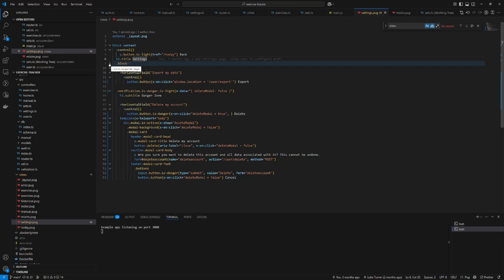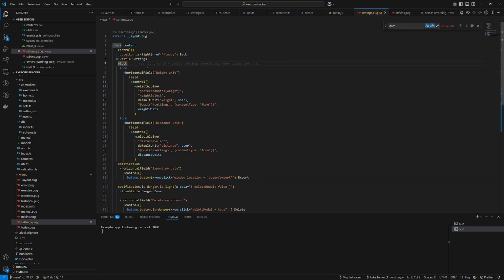This block has the user preferred unit settings in it. So we're going to define a data chunk for that. It's going to be like preferred units. Units is an object that has weight, and it's also going to have distance. And the weight is going to be